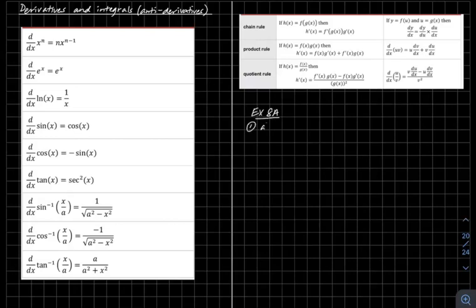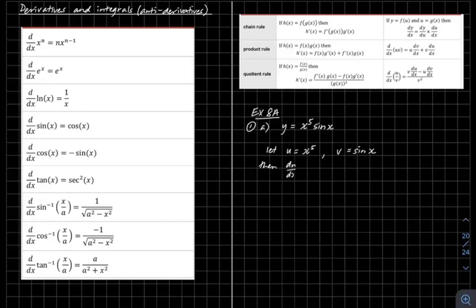So let's say we've got the function y equals x to the fifth times sine x. Hopefully you can recognize that that's the product of x to the fifth and sine x. So we'll be looking at our product rule. If we use this form over here, we'd be saying if our product is u times v, our derivative of that will be u dv dx plus v du dx. Maybe for this one, since it might have been a while, let me put the steps in and specify a bit more. So we're going to say u is x to the fifth, v is sine x,